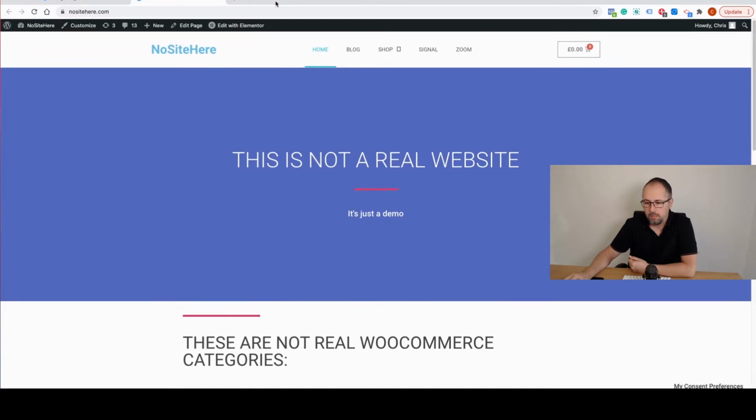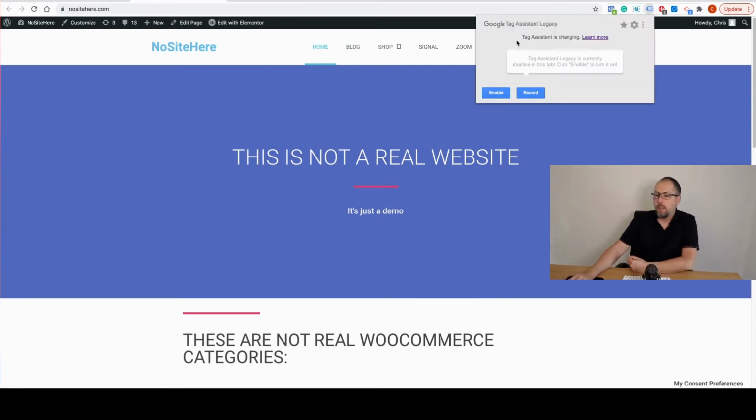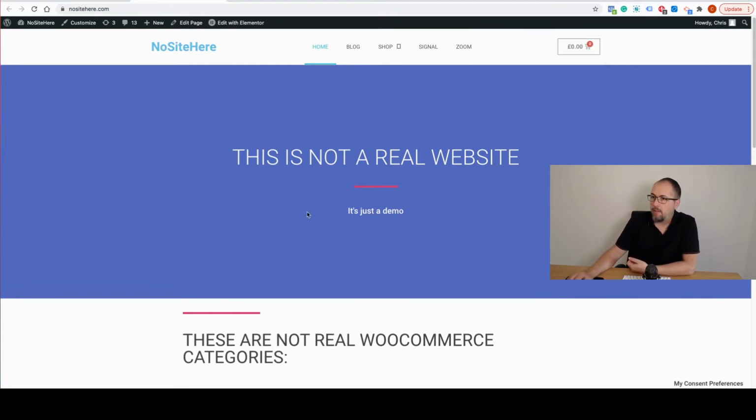I'm not sure you can see it, I think you can. I'm talking about this extension, but as you can see, this extension is already called legacy. It means that it's an older version and won't be updated anymore. In fact, Google